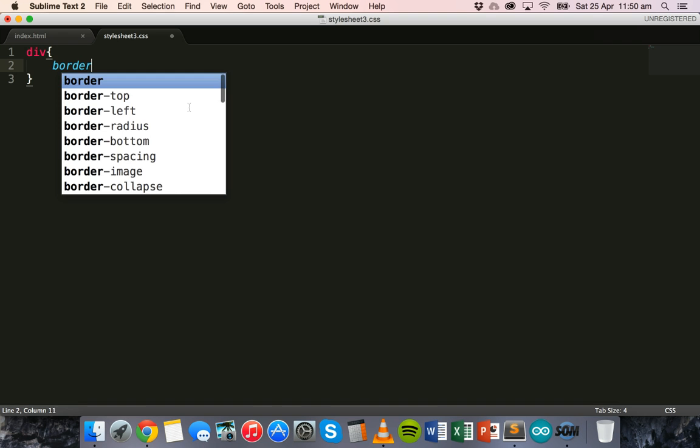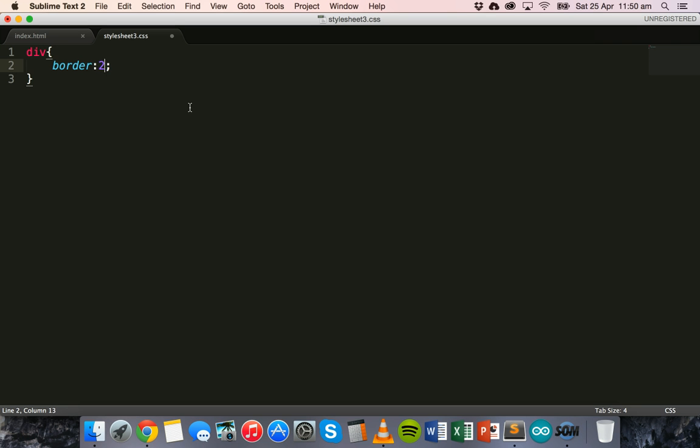So we'll say border, it's going to be 2 pixels and solid, and the color will be green. But instead of saying green, which we could do, we're going to pick a specific shade of green. So we're going to use a HTML color code or a hexadecimal code. So the green that we're going to use is 00FF00,